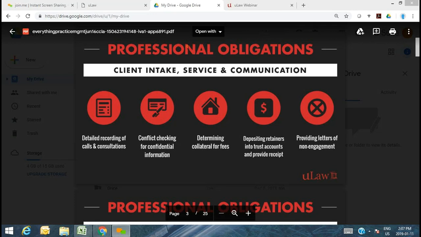Simple things as information about the client to begin with: first name, last name, correspondence or communication address, phone number if it's pertinent, email, fax number, etc. Further, understanding what it is that the client would like you to represent him or her on, and if it does lead up to a possible matter, then taking pertinent steps to ensure that you're compliant, which is our next step in the process.